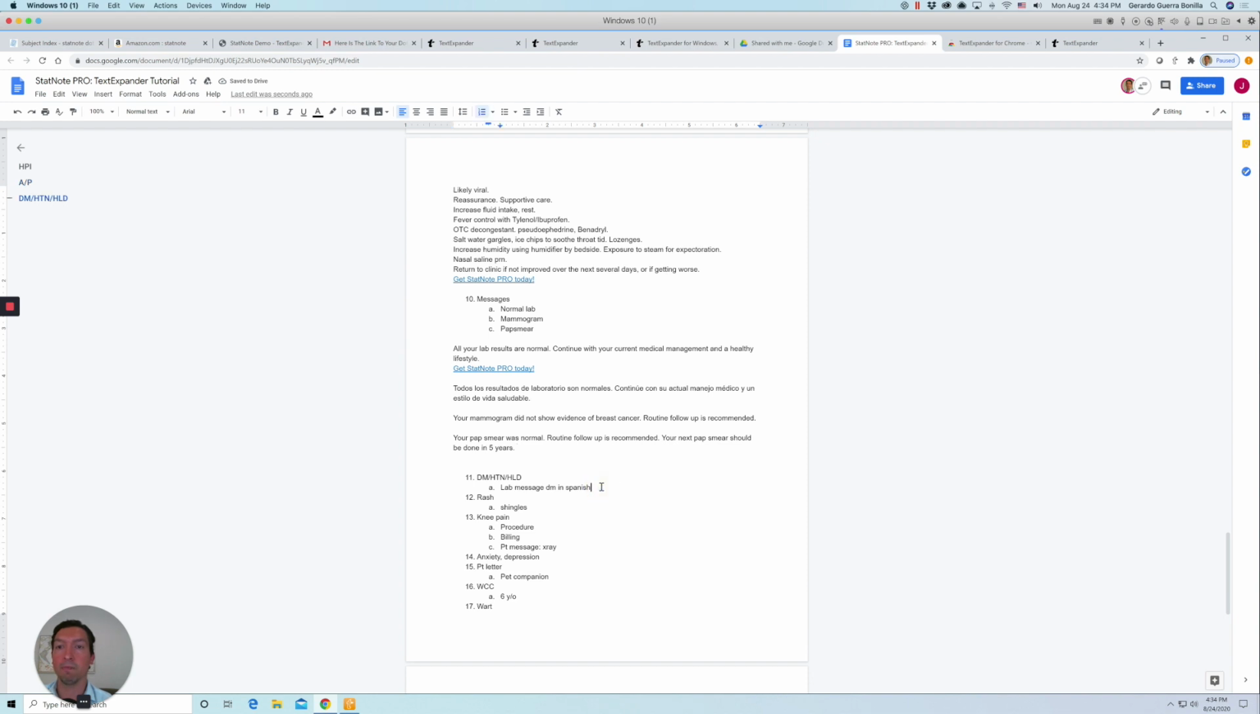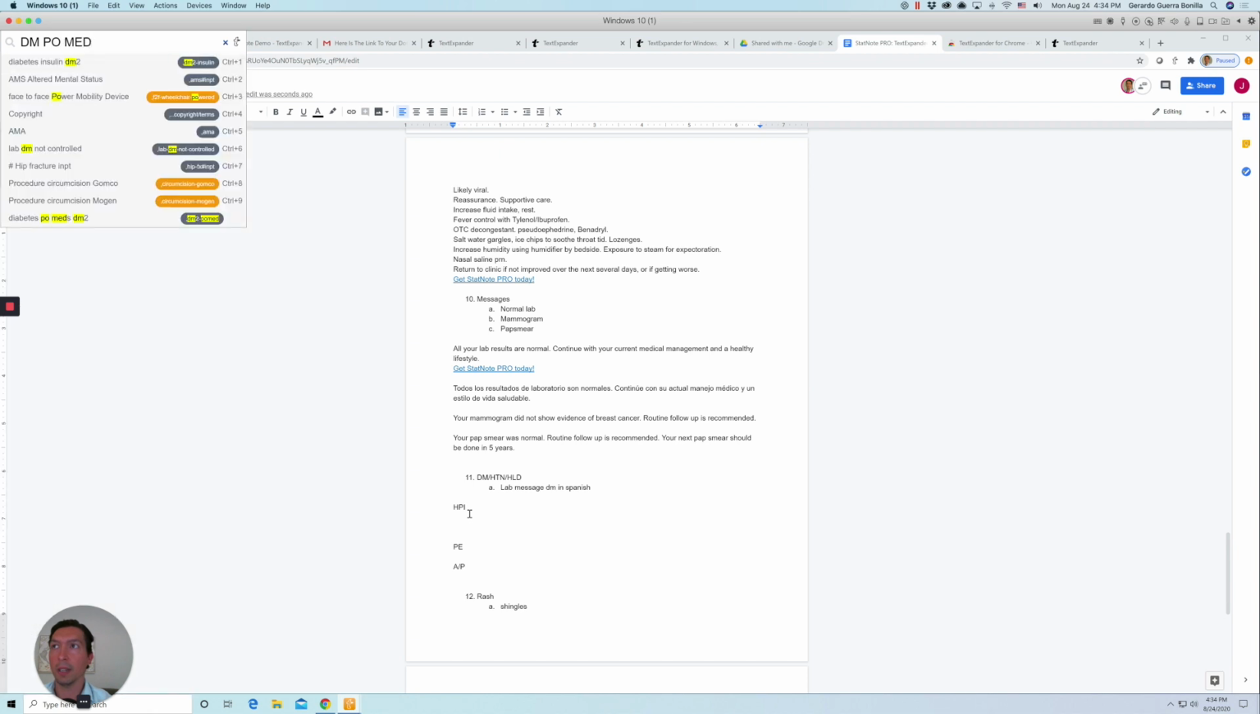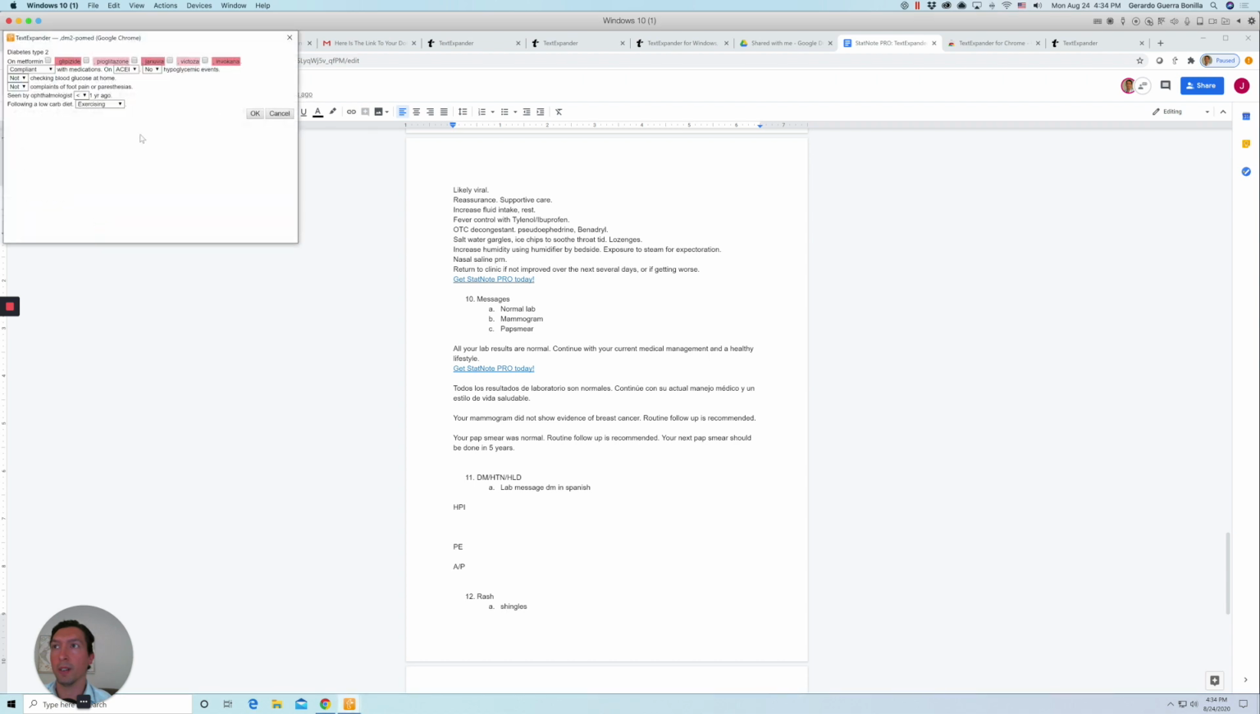Let's do a visit for the classic triad of diabetes, hypertension, hyperlipidemia. Let's see, HPI section, PE, assessment and plan. So let's say it's a patient on PO medications. So let's see, it's right here. Let's say the patient is taking glipizide and they're complying with medications and they're exercising, but maybe they're not exercising,